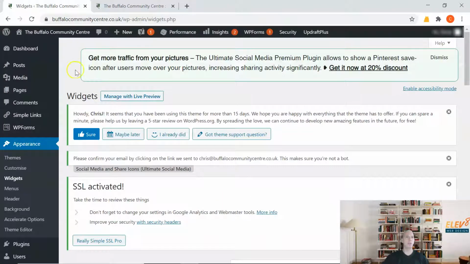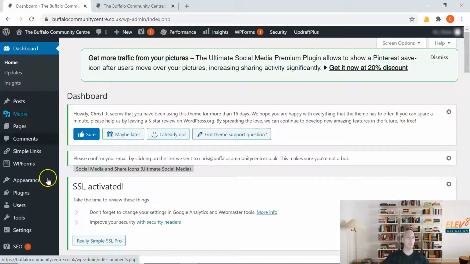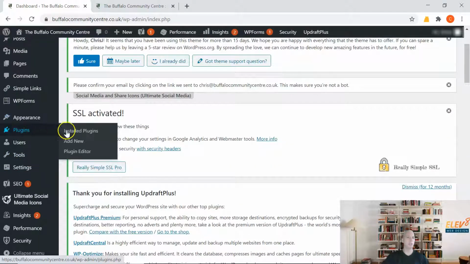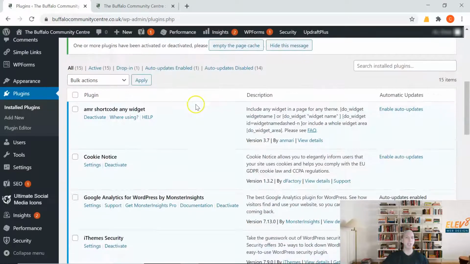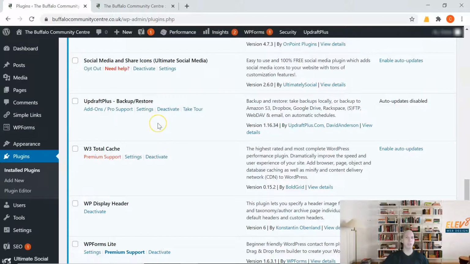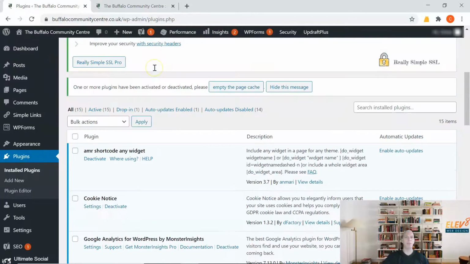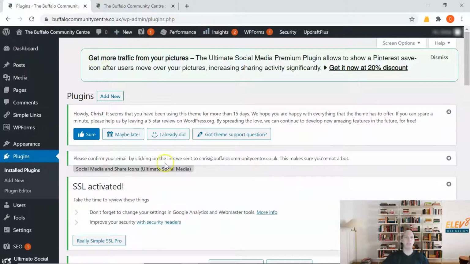We'll come onto the dashboard, and this is really nice and easy. All we need to do is go into Plugins and Install Plugin. As you'll see, I've already got Ultimate Social Media and Share Icons on here and activated. If you haven't got it, then all you need to do is go into Add New